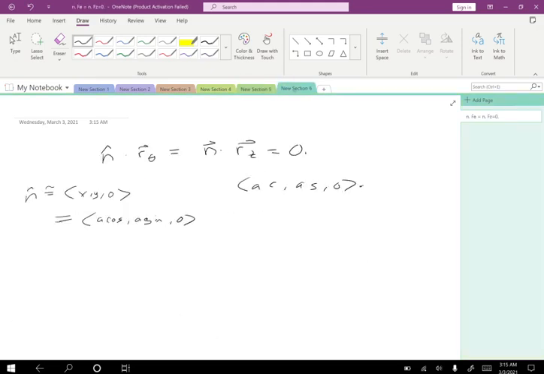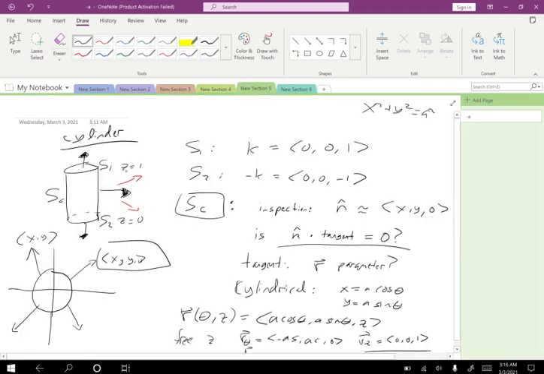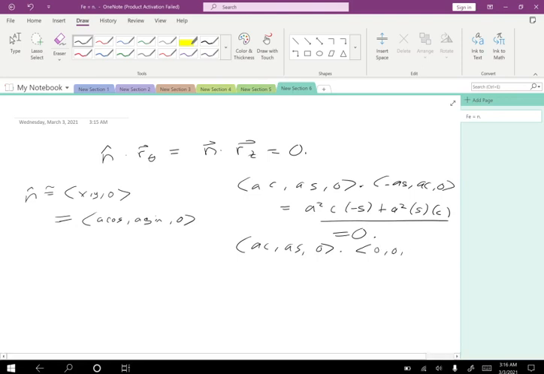So this is minus a sine, and this gives us a squared c times minus s plus a squared s times c. Obviously, this is 0. And similarly, with our z part, that's also 0. So therefore,